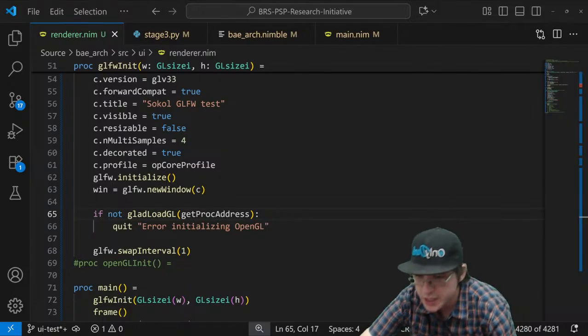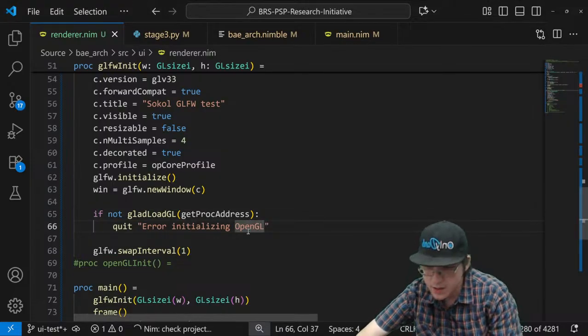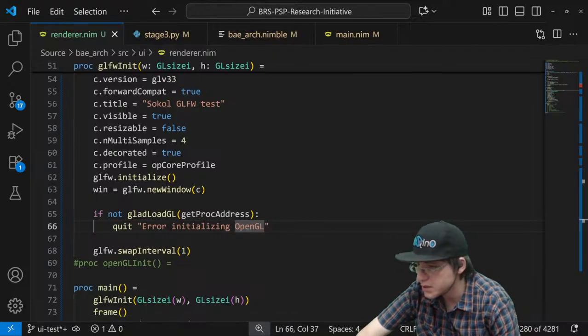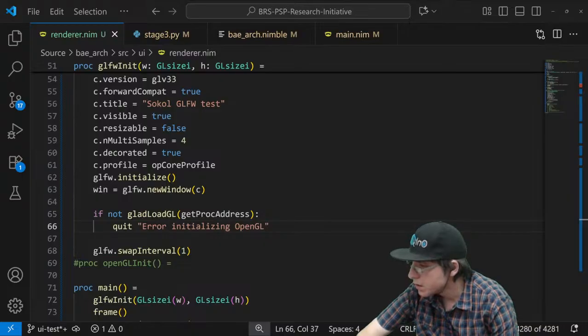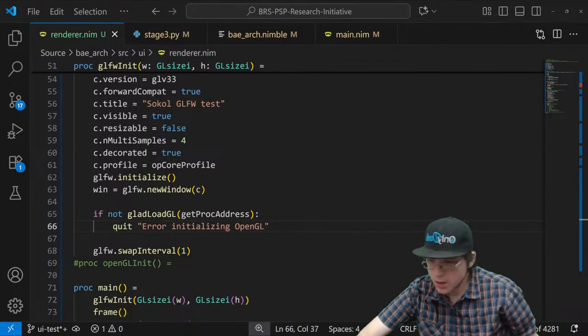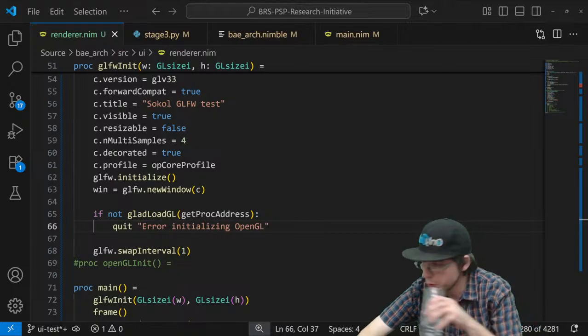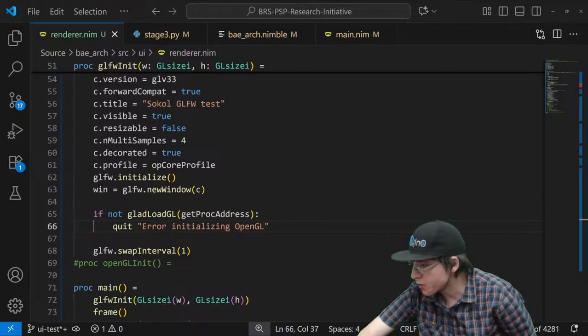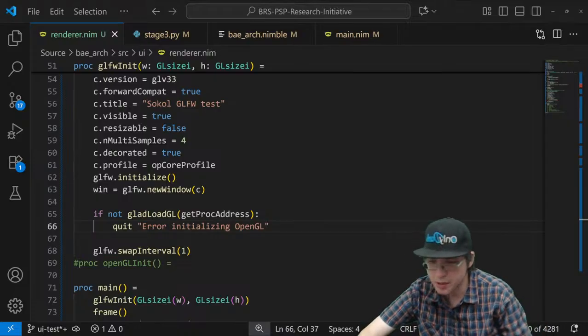So illegal storage access, it is initializing the window, which is good. Let's see. Setting the position's cool, but I don't care about it right now. Do I need to use the primary monitor?